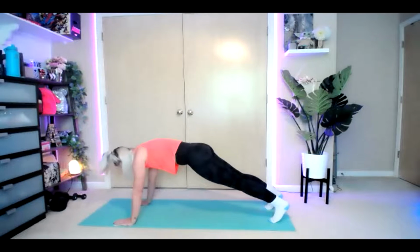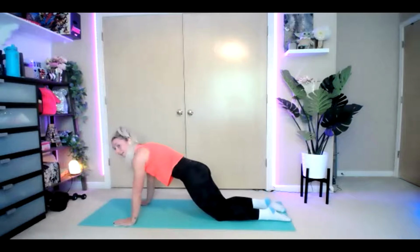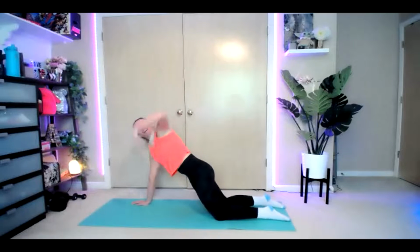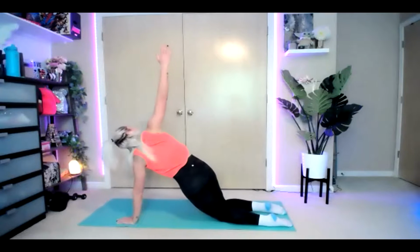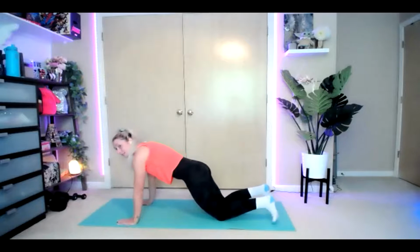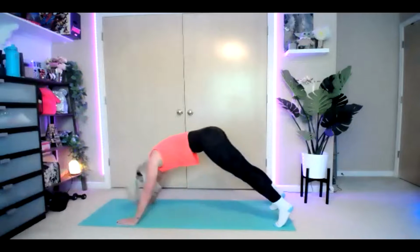From here, we're going to take our knees, drop them down to the floor, staying in the same plank position. Take that left arm, bring it all the way up, and rotate up to the ceiling. Bring it back down, and right arm comes up, same thing, bring it up, looking up at the ceiling. Back down, lift those knees up, back to your plank, hold, bring it up into a down dog,